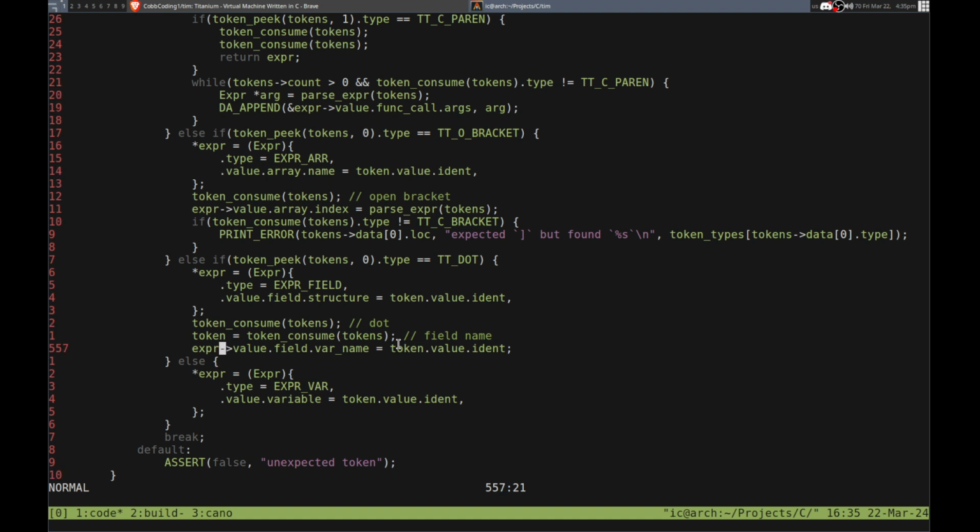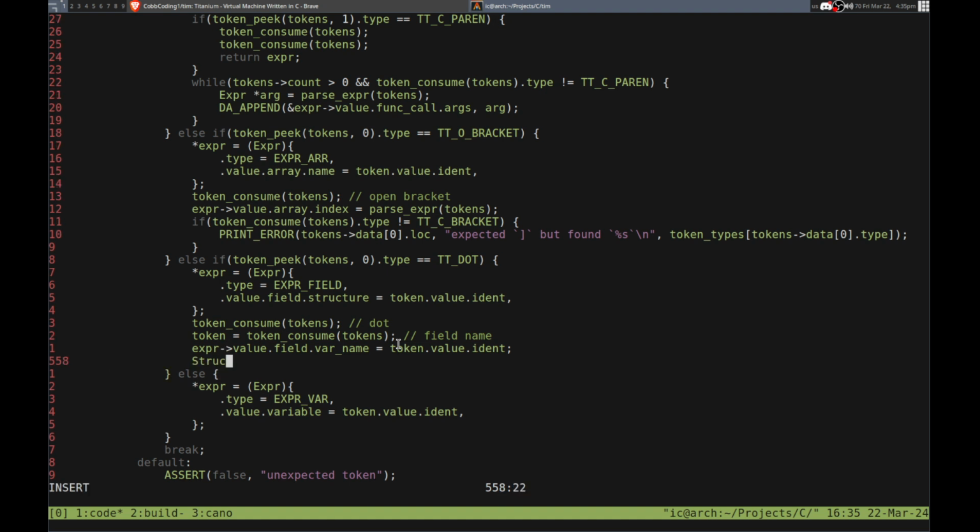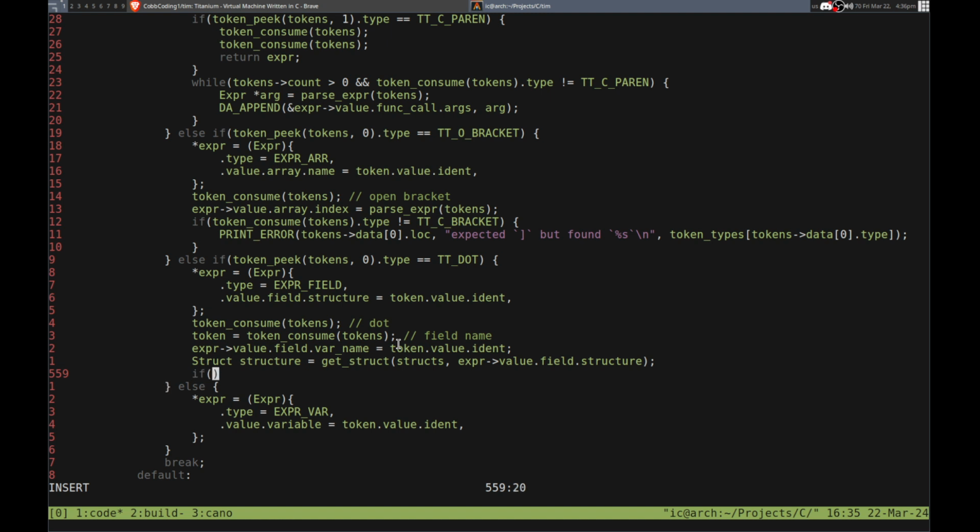So I suppose I can do that. Structure. Get struct. So I don't have that yet. It needs to be. Oh, it'll be that. Okay. And then also in value item. And we can use that. So no, I want to use the other one. Value structure. So that's the structure name. I want to get the structure, and then what to do. If not,